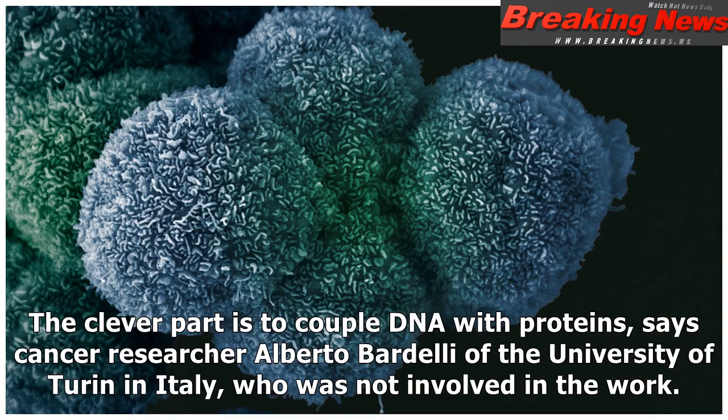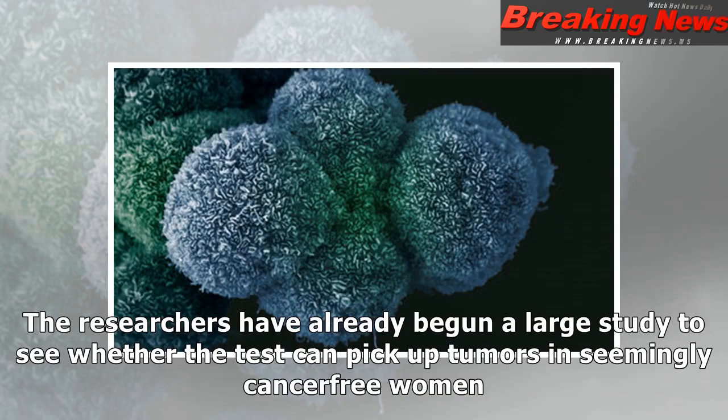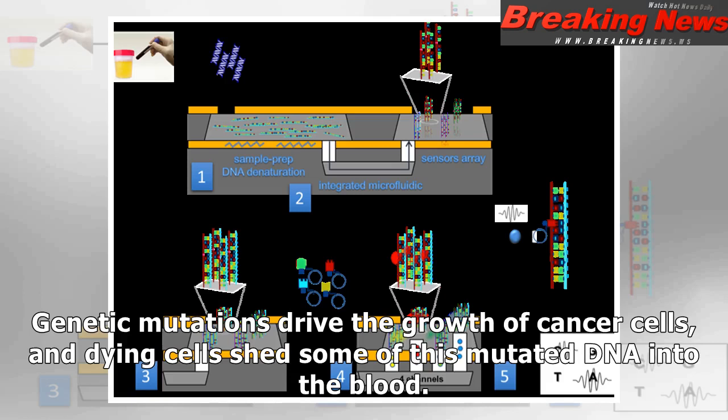The clever part is to couple DNA with proteins, says cancer researcher Alberto Bardelli of the University of Turin in Italy, who was not involved in the work. The researchers have already begun a large study to see whether the test can pick up tumors in seemingly cancer-free women. Genetic mutations drive the growth of cancer cells, and dying cells shed some of this mutated DNA into the